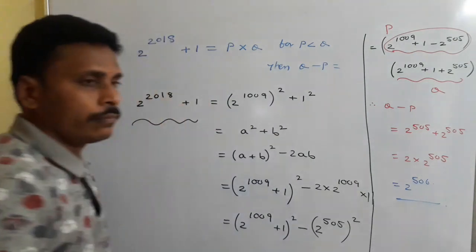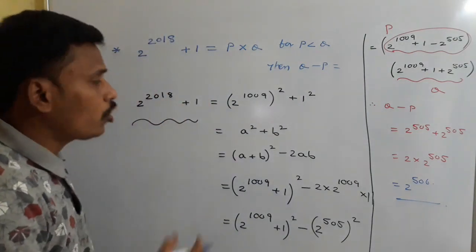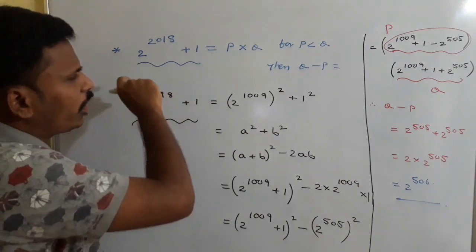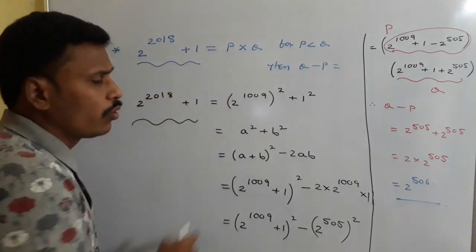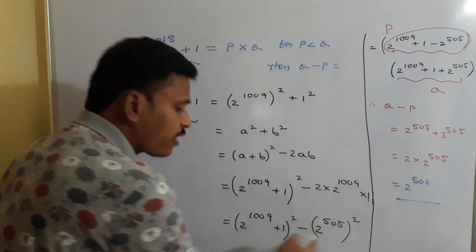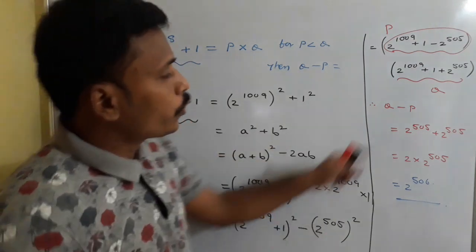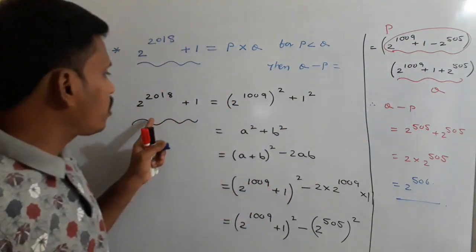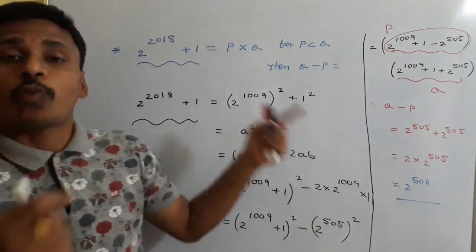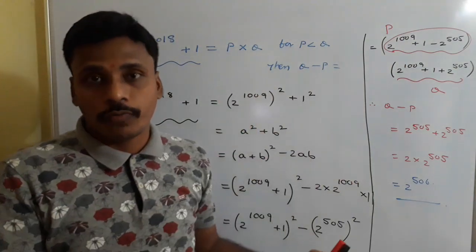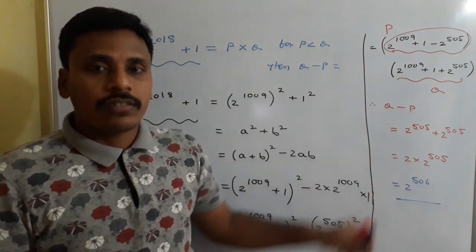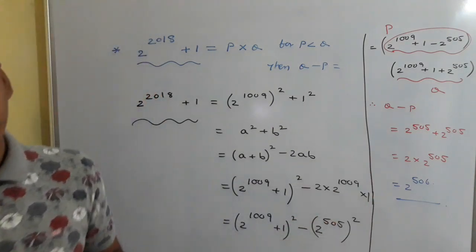There ends the problem. Okay, right. Just have a look. Initially the question is about identifying and rewriting: we need to factorize this number as p into q. I tried to factorize it using a square plus b square and then alpha square minus beta square. So the product of these two numbers is this 2 power 2018 plus 1. Among these two we treat the smaller one as p and the larger one as q. So that is p, this is q, and q minus p is 2 power 506, right? Have a look.